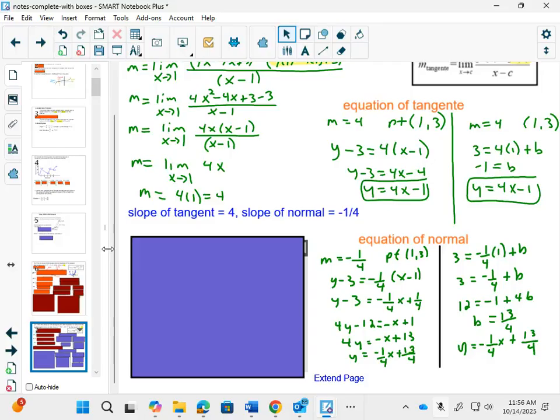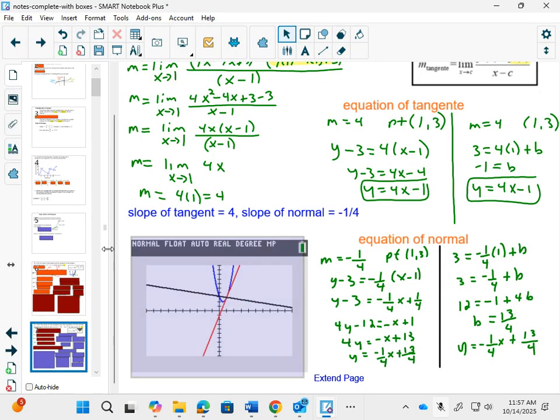The y equals mx plus b usually has more fractions to work with. I actually multiplied to get rid of my fractions temporarily in my other equation. And if we look at a picture of what's happening here,